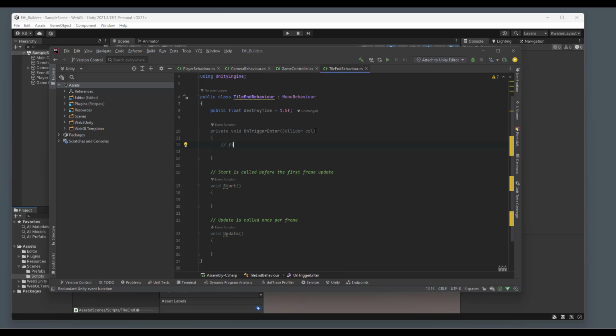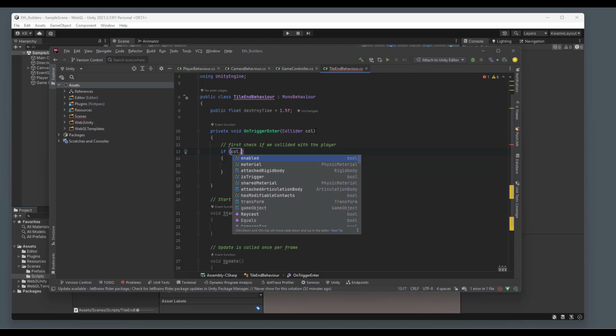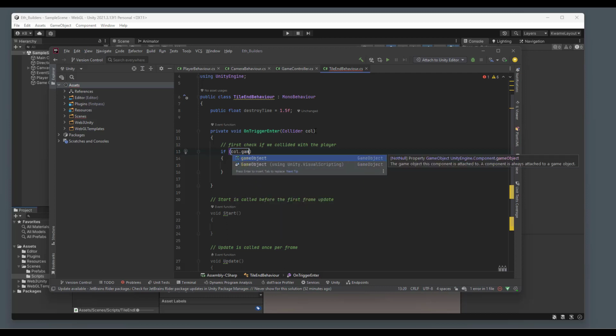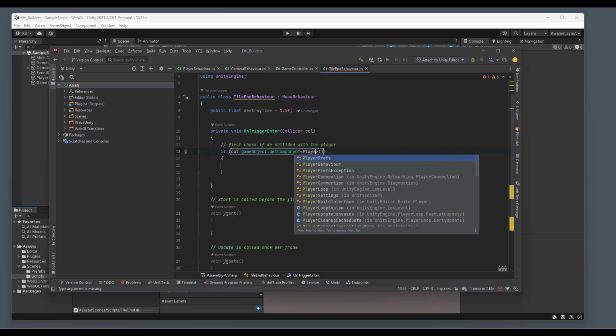So the first thing we'll do here is check if we collided with the player. Okay, so we'll say if the collider's gameObject.GetComponent PlayerBehavior,